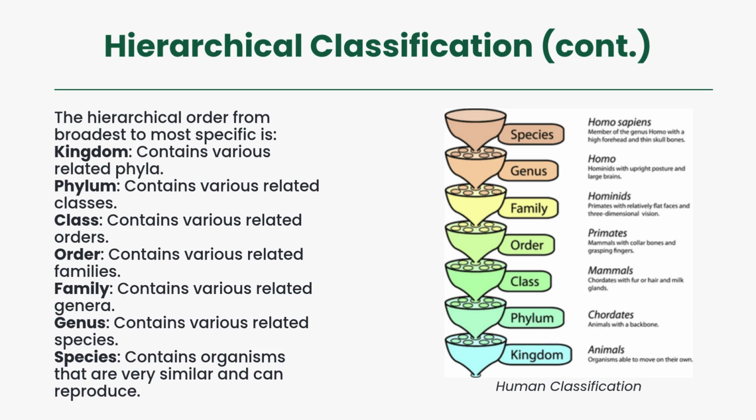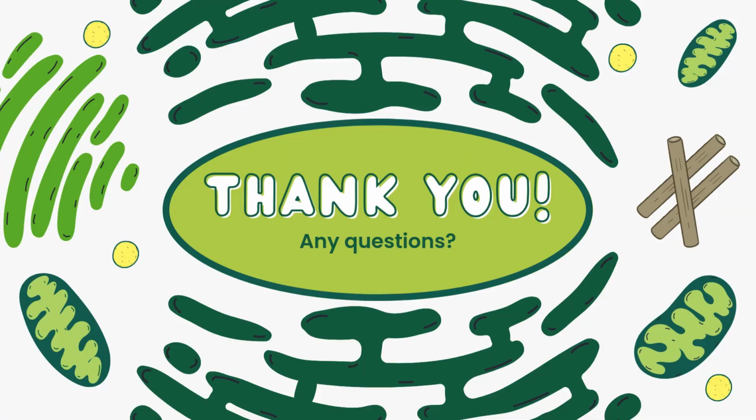Human classification example. Humans are classified within this system as follows. Kingdom, Animalia. Phylum, Chordata, vertebrates. Class, Mammalia. Order, Primate. Family, Hominidae. Genus, Homo. Species, Sapiens. So, we are animals, specifically chordates because